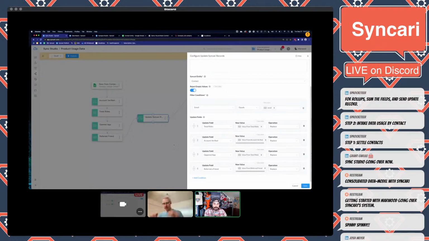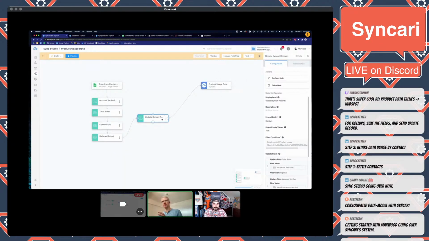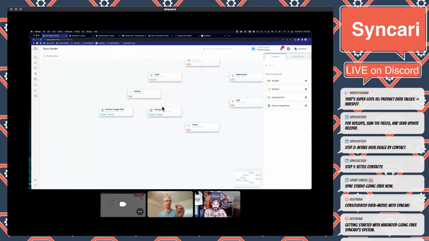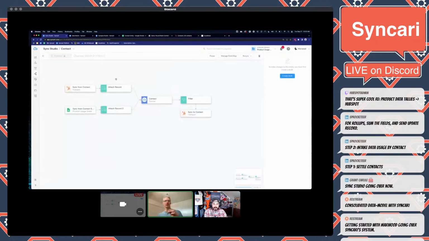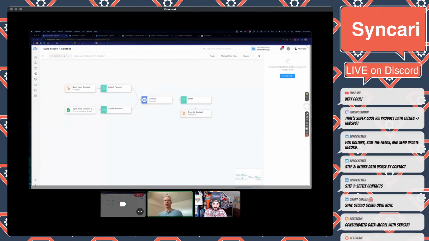Now, what's unique is this data does not flow into the product usage table, right? We're skipping the product usage table, right? We're jumping to the contact table. If I draw it out on the screen here, I'm inserting records here.